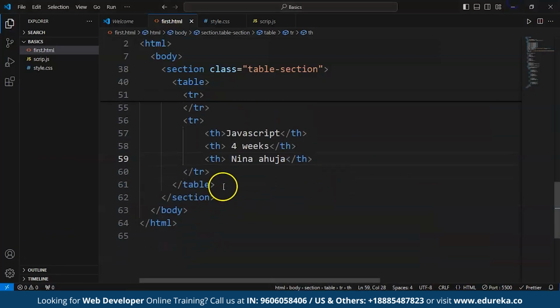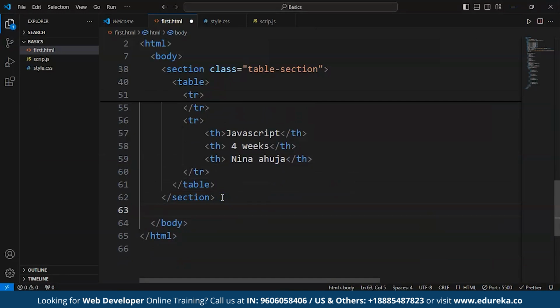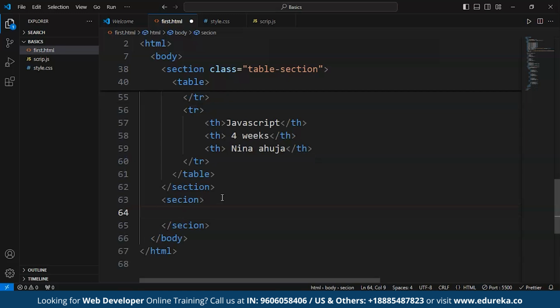So the next thing that we are going to learn is how to create boxes. So this is the most important part, because whenever we are going to make a project, a form or anything in HTML, we are gonna need this, creation of division, creation of class, creation of boxes. So we'll just quickly see how to create boxes. For that, quickly create a section and then give it a class. Let's say